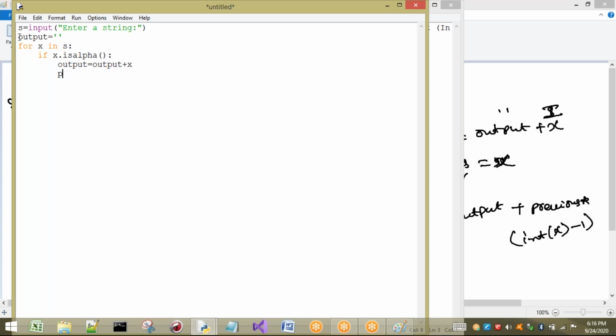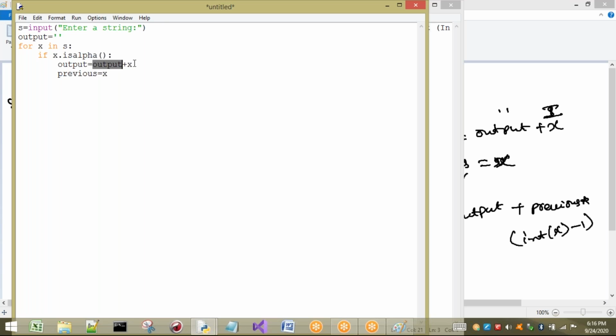And later I'm going to store previous equal to X. One thing we have to observe: previous can be taken directly because I am assigning the X value to previous. But here, output has to be initialized before, because I am using output for evaluating something. If I am using this output on the right side of the equal to, it should be there before itself. And here what is the value of this output?